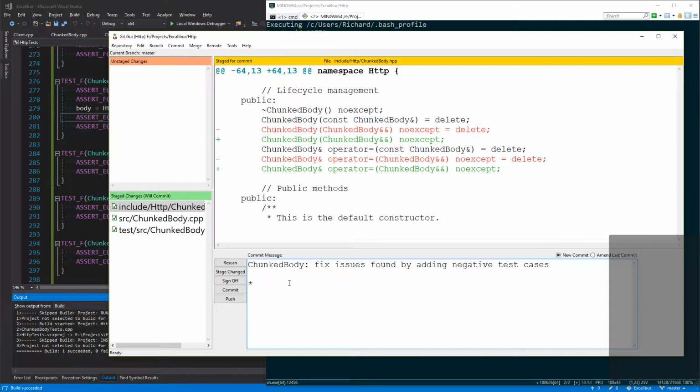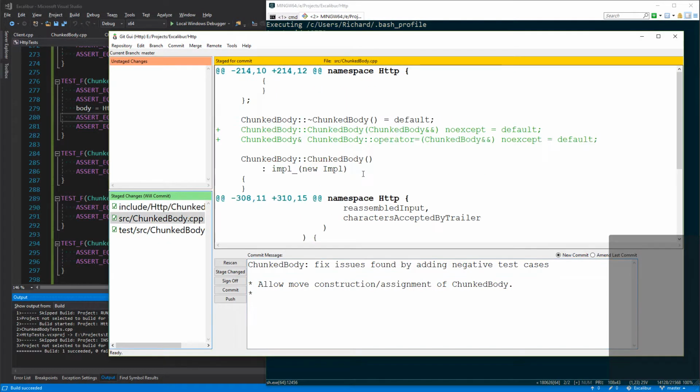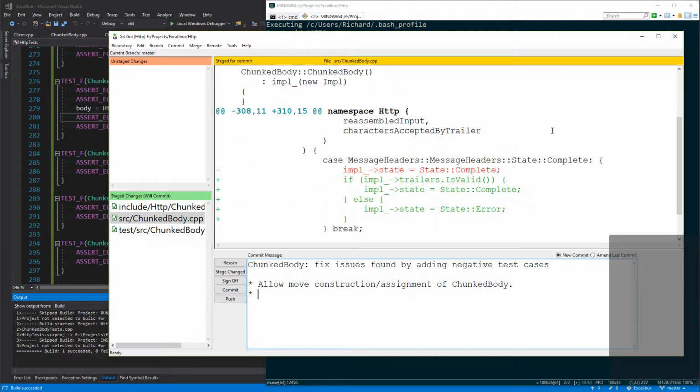So, allow move construction assignment of chunked body. That's one issue. The other issue was invalid trailers. Detect invalid trailers and handle by